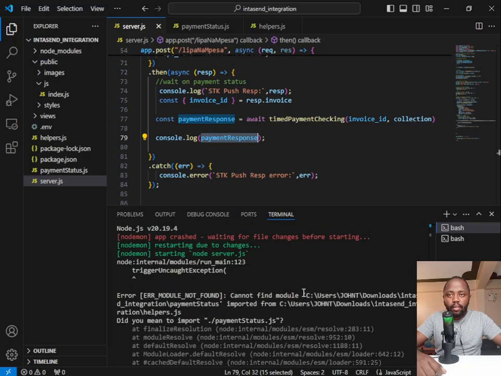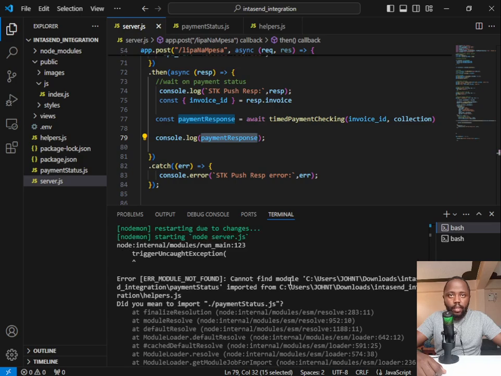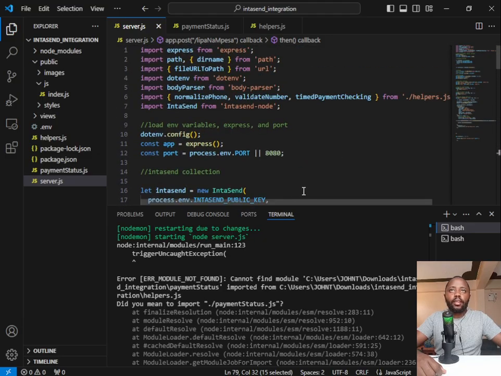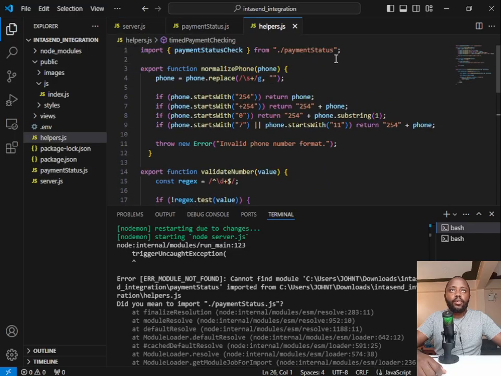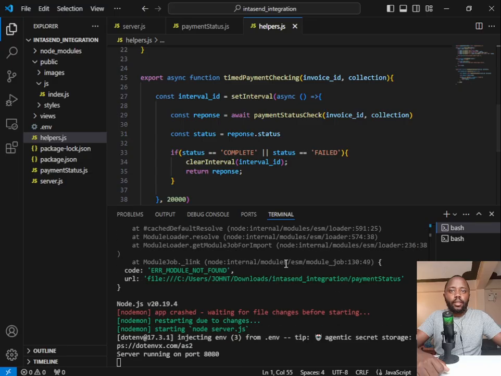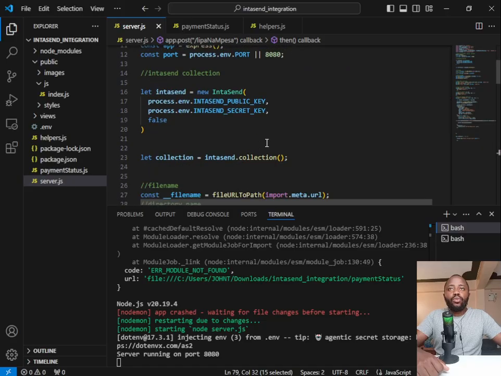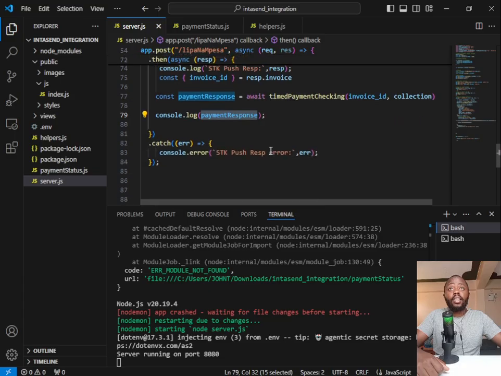You already have errors. Let's debug this. In payment.js, I'm seeing that it cannot import module payment status. So that's a naming thing. I'm just going to come to our helpers and check what I imported here and change it to that. And then let's see whether the error is gone. Good. I'm going to try it out,